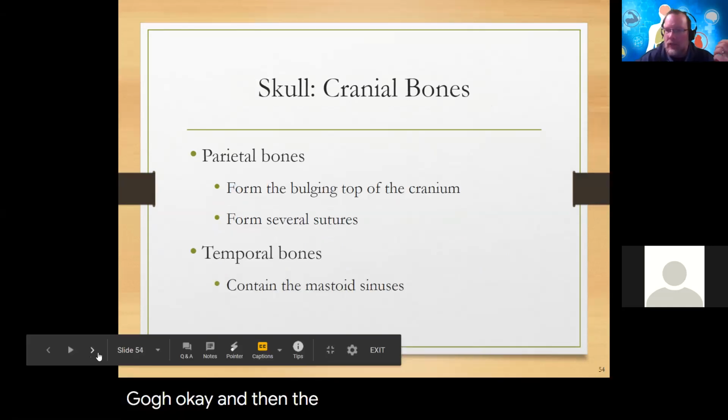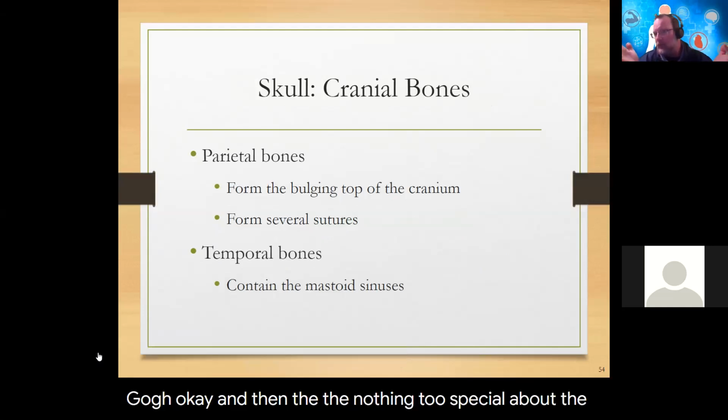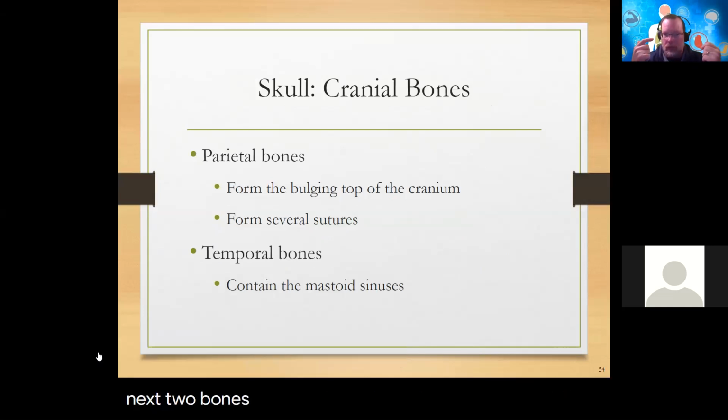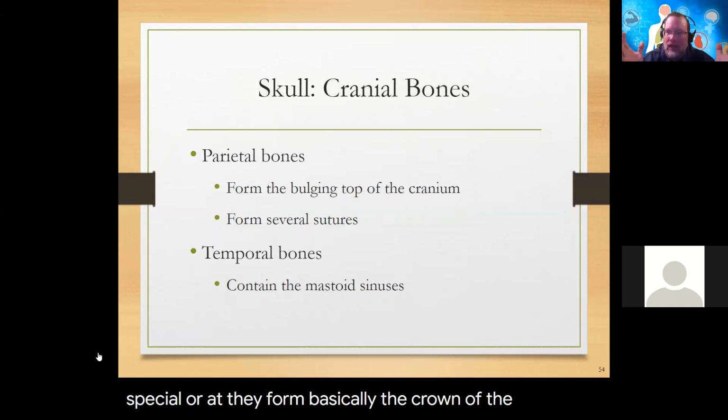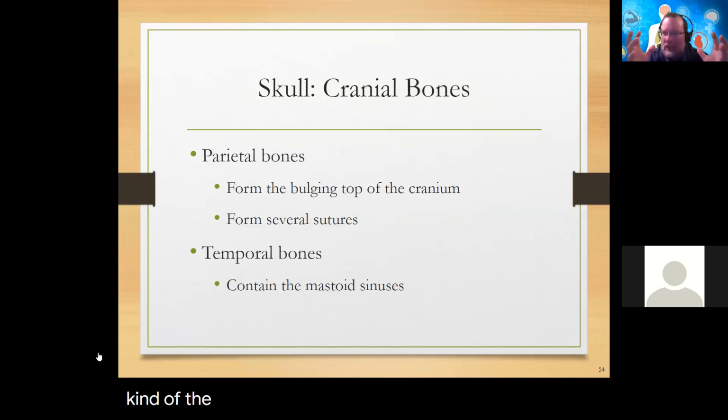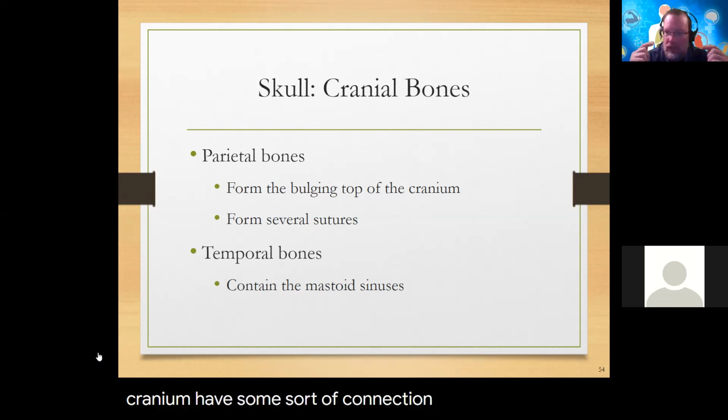Okay, and then nothing too special about the next two bones. With the next bone, you have two of them. The parietal bones are on top. That alone makes them special, right? They form basically the crown of the skull. They're kind of the hot spot where all bones of the cranium have some sort of connection with these two